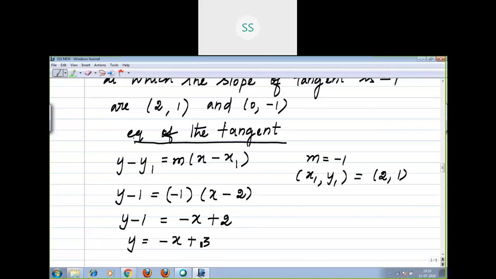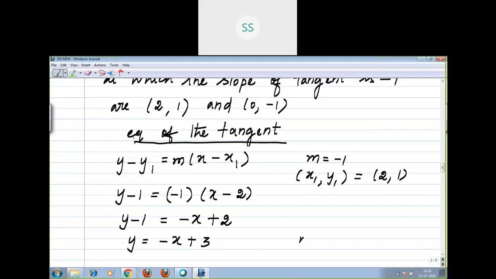Already in the question it is given that your slope is minus 1. Whether it is correct or not, you should check. In the previous question I discussed how to find the slope from the equation. The coefficient of x represents your slope, I said. So what is the coefficient of x here? Minus 1. So what is in the question, that is 100% correct. The equation we found is also exactly correct. Now we'll pass on to the next point.